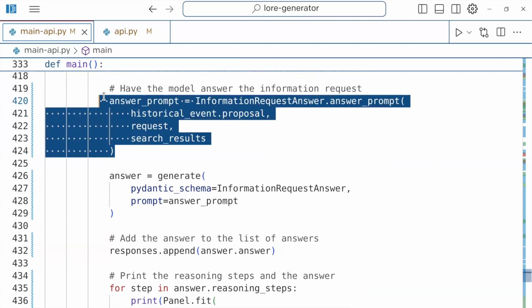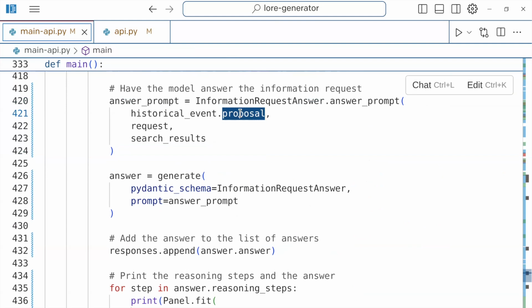Then we get our answer. So then we're basically going to take our proposal, and our request is like, what is the question? And here's the search results about that question. What this part does is pass to the model a prompt that says, this is the world, this is what somebody proposed, this is the question they asked about it, and here's relevant information.